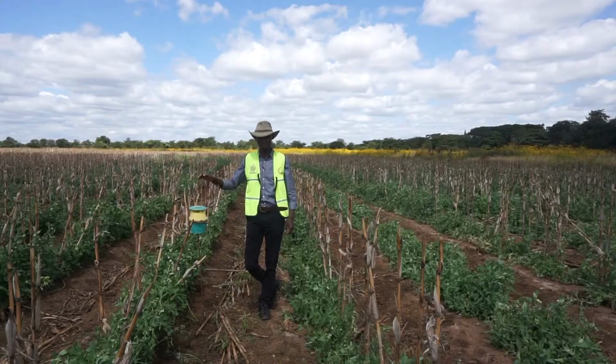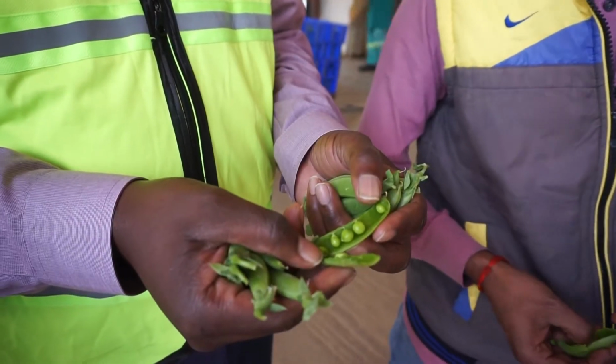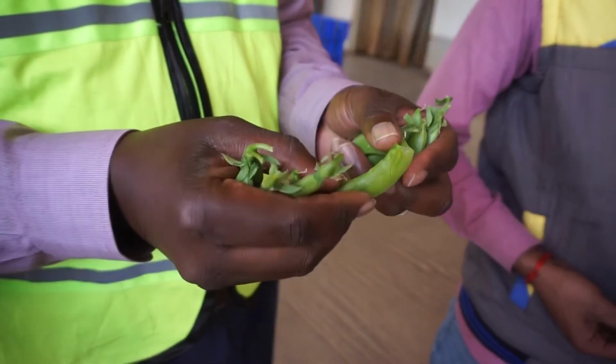So what we are doing during inspection of the crop in the field is to check for the pests of phytosanitary importance to our trading partners, and also any other strange pests we find on the crop. This is to ensure that the final produce, which is earmarked for export, is free of the pests of concern